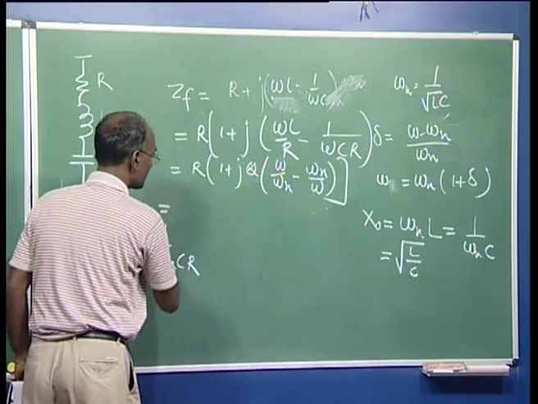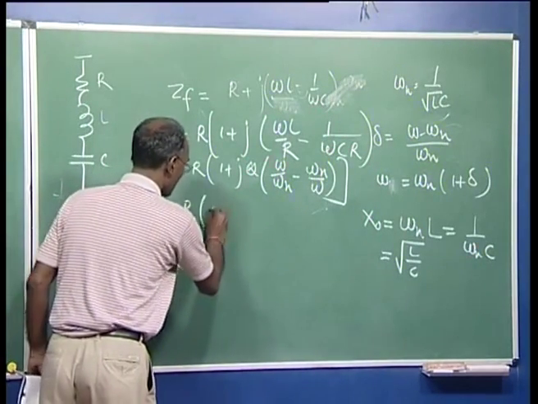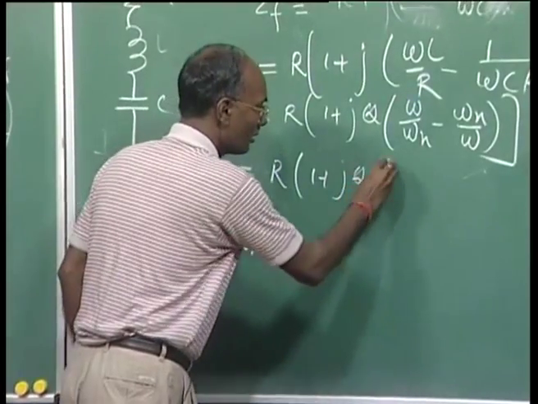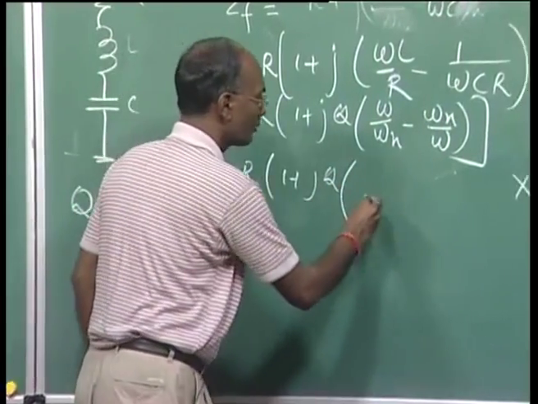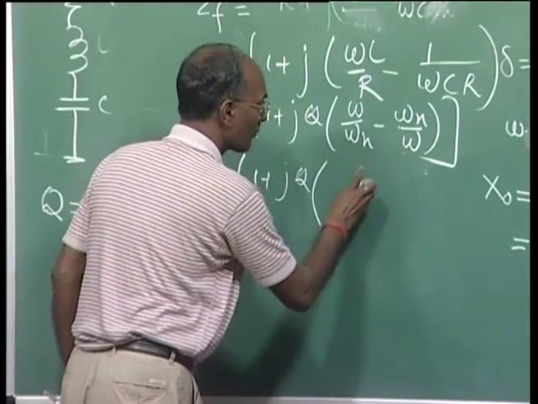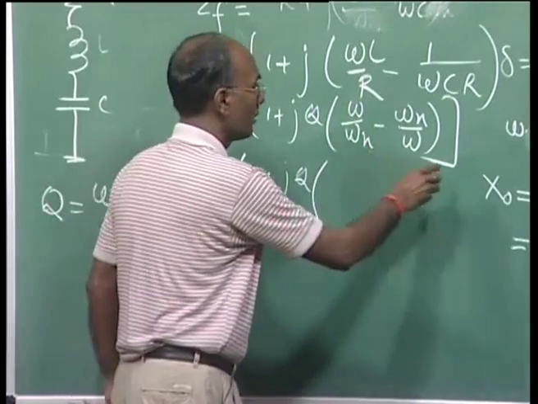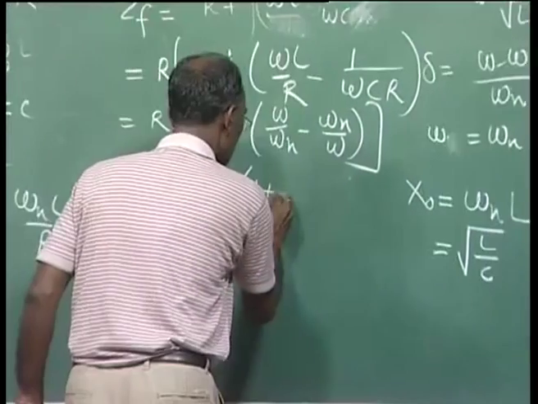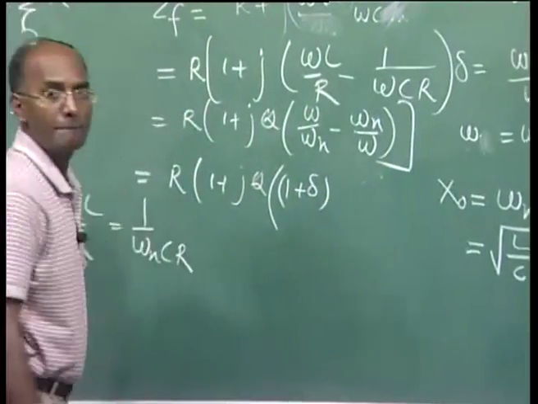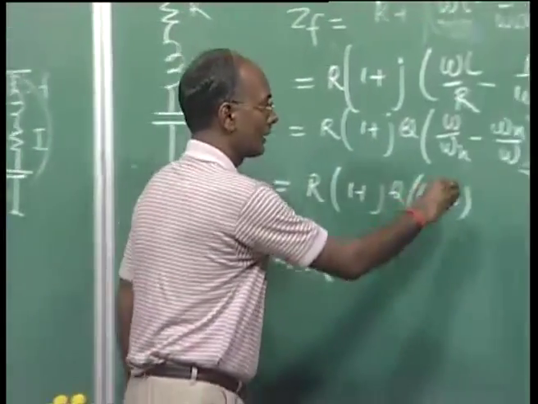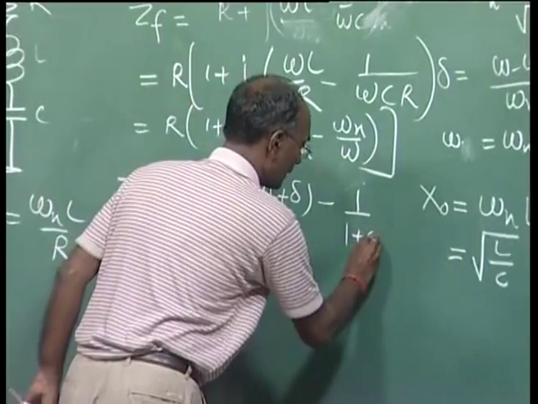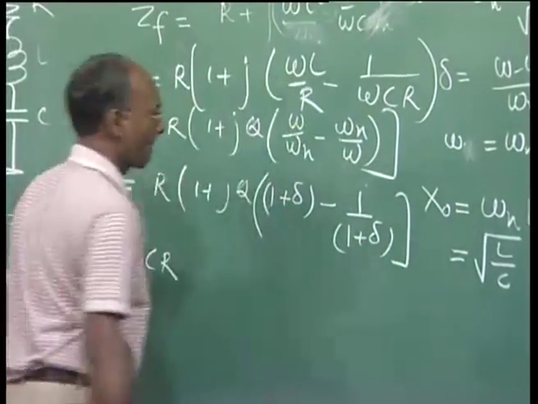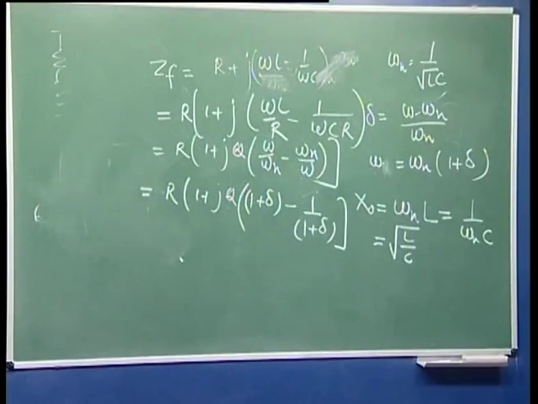So here we can write R(1 + jQ). We can replace from here, and we are getting this value omega upon omega n. So we are getting 1 plus delta, and this is 1 over 1 plus delta. Now since this delta value is very, very small,